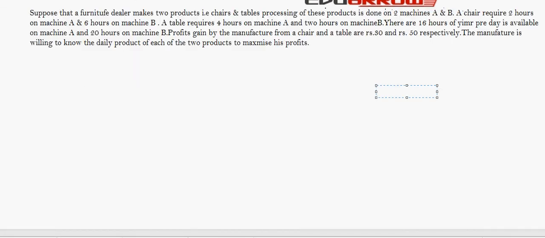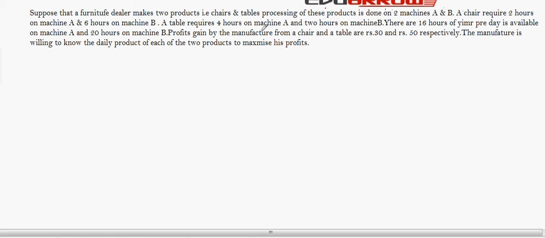Let us see one LPP. In this question, it is given: suppose that a furniture dealer makes two products, that is chairs and tables. Processing of these products is done on two machines A and B. A chair requires 2 hours on machine A and 6 hours on machine B. A table requires 4 hours on machine A and 2 hours on machine B. There are 16 hours of